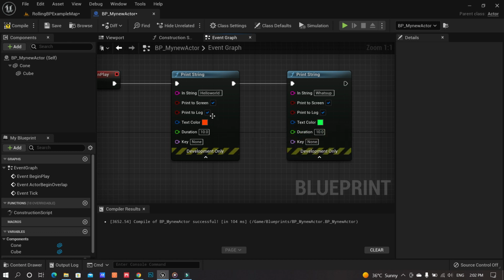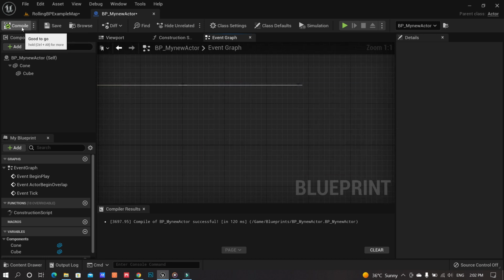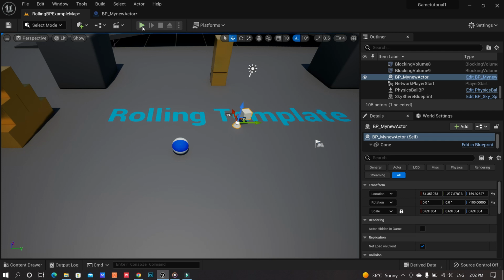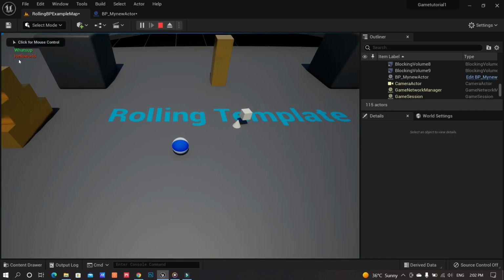So both of these strings will be printed for 10 seconds and stay in 2 different colors. Compile and let's play. There you go. So you have hello world and you have what's up, both in different colors, and both of the durations are 10 seconds, and then they disappear.